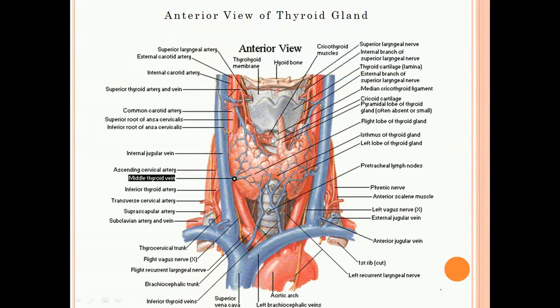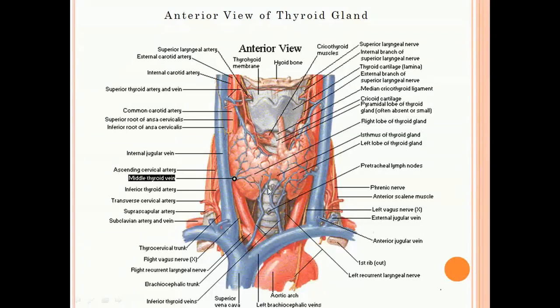So this is the anterior view of the thyroid gland, where you can find a right lobe and a left lobe. This is the anterior surface, and this area joining both the lobes is the isthmus. This is the pyramidal lobe, which may be present, or it can also be called an accessory lobe. And then you also find the plexus of arteries and veins closely packed along the walls of the gland, and this is exactly seen over the second to fourth tracheal rings.